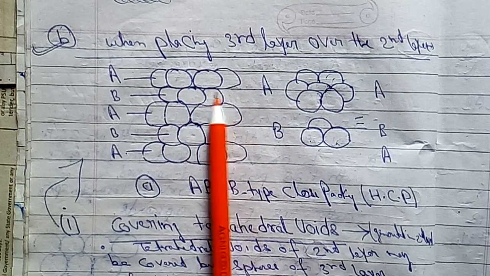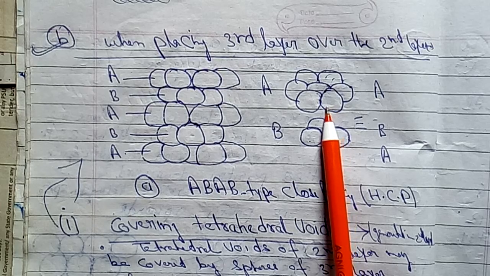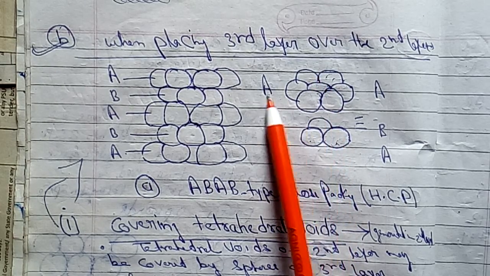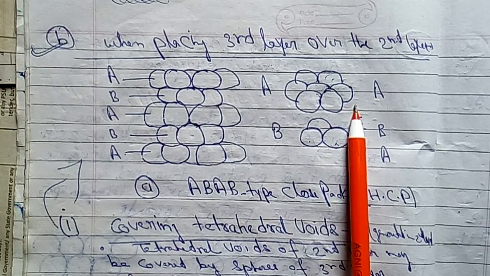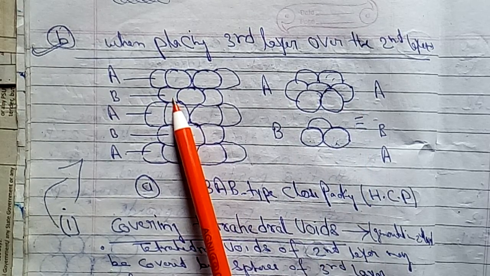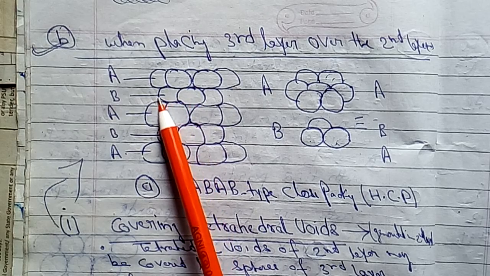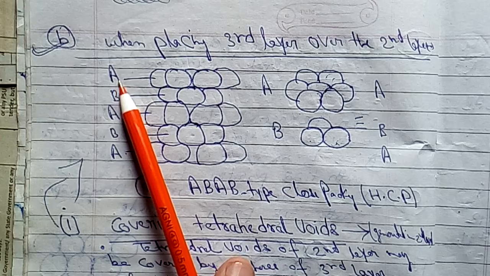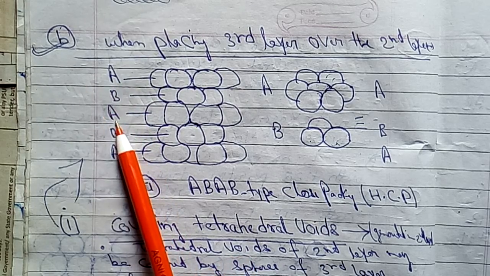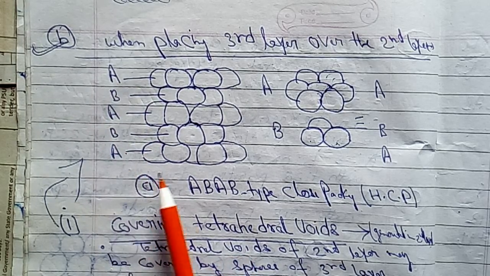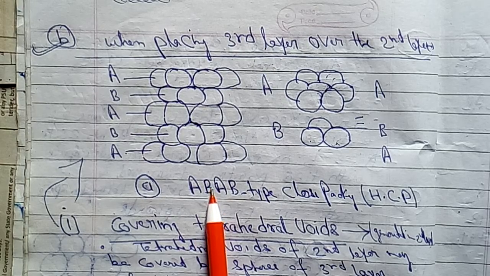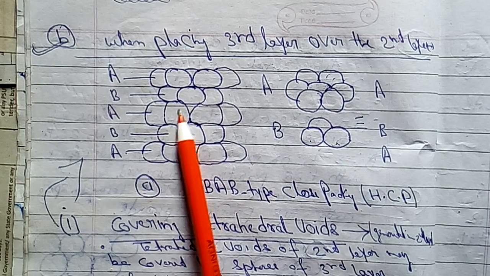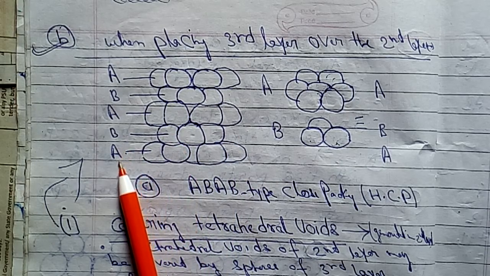So by combination of all this, we get this type of combination: first, second, and the middle one. That is represented with A, and if it is in a staggered manner, the second one will be a little bit coincided. Suppose the first layer is considered as A, the second one B, the third one again A, the fourth one B and A. This type of close packing is a combination of six atoms combined to form the type of packing.